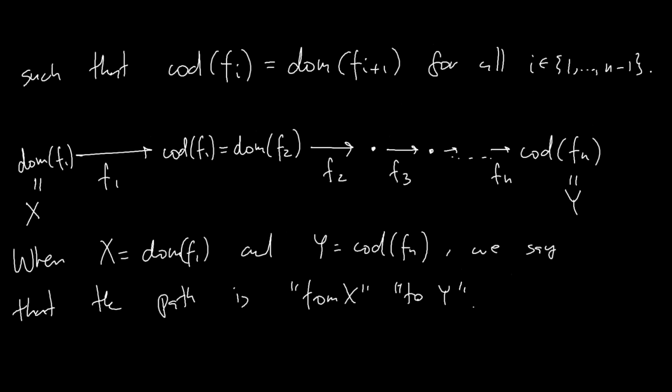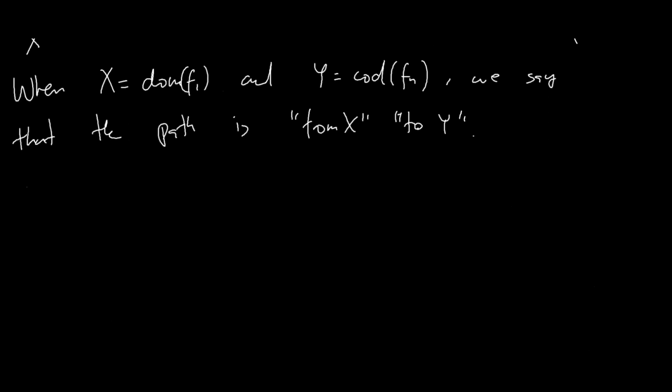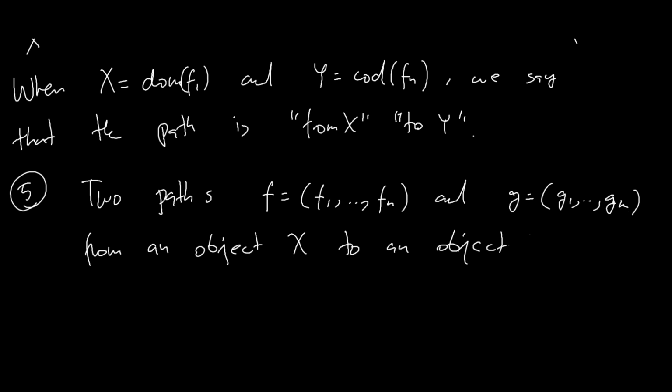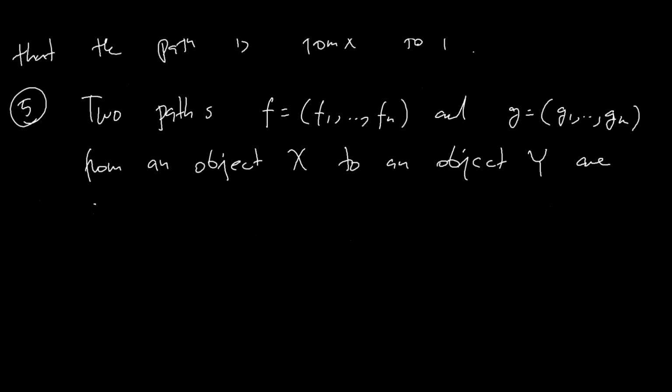So we actually need another concept, and that will be the concept of equivalence of paths. Two paths, let's say f, written out as f1 up to fn, and g, written out as g1 up to gm. So g, the name g stands for the entire sequence, and its terms, the individual morphisms, we write g1, g2, g3, and so on, and the same for f. So two paths, f and g, but they have to be now from the same object x to an object y, are said to be